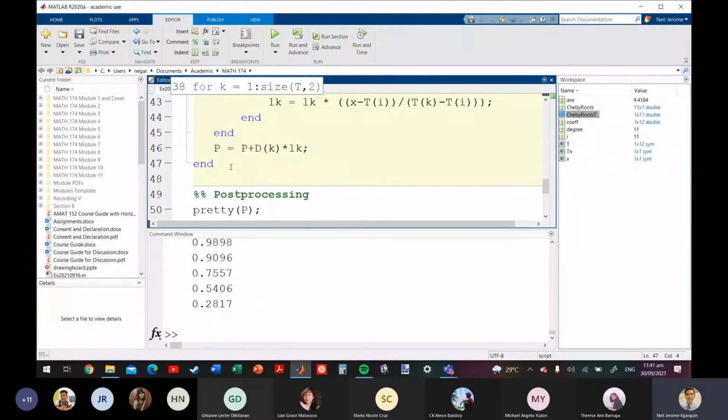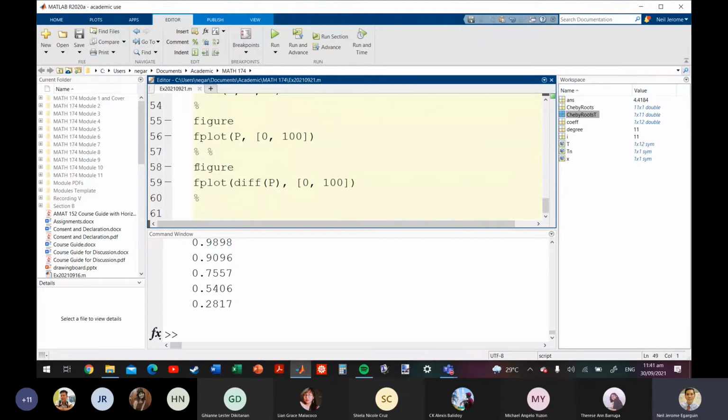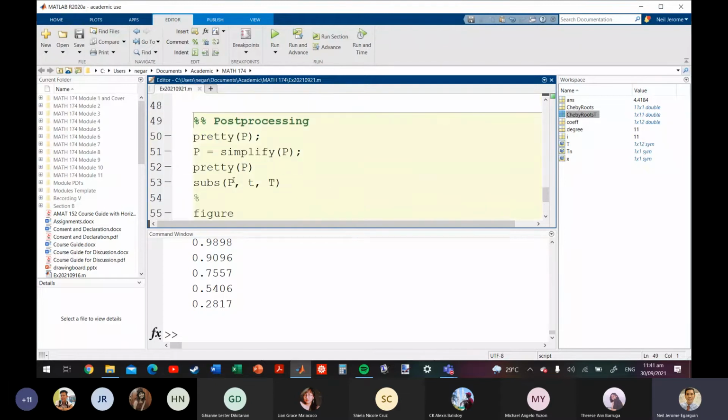Okay, there we go. Line 31, I just initialize the abscissas. Line 33, I just input the given function values. Then remember the for loop in lines 37 to 47, which calculates the interpolatory polynomial. And then lines 49 until the end are just post-processing steps for when you want to display in a pretty fashion what the interpolatory polynomial P is, and then plot the function P and so on.